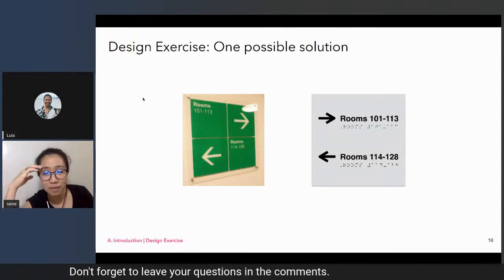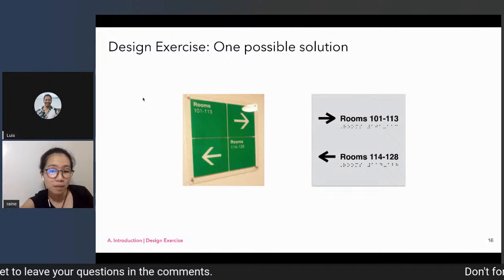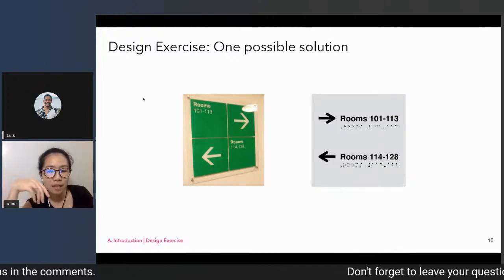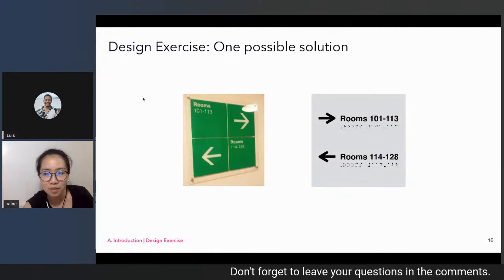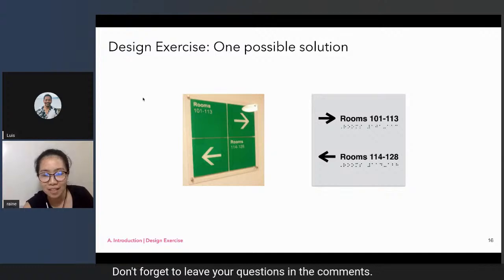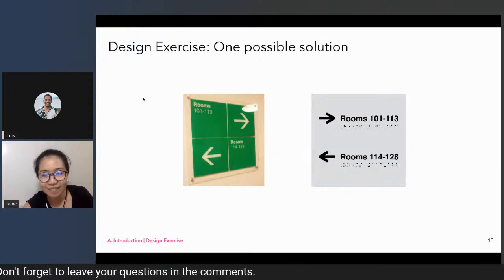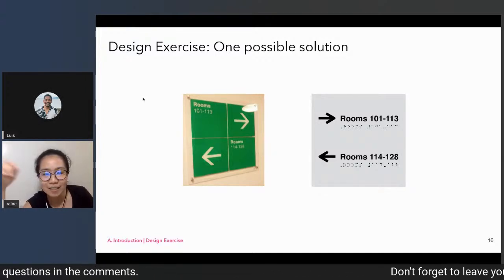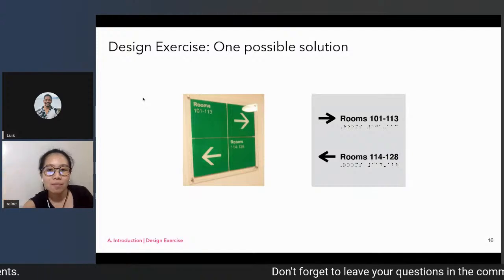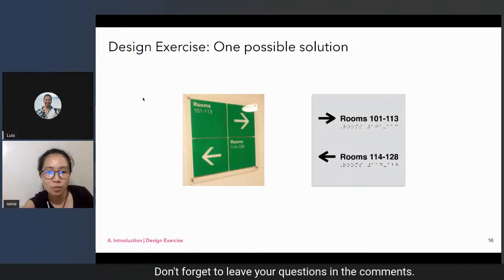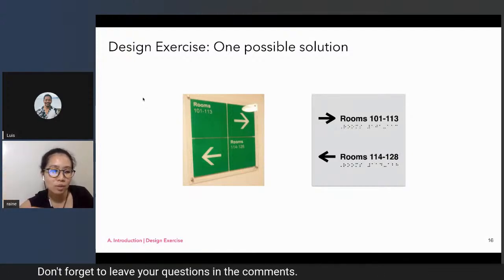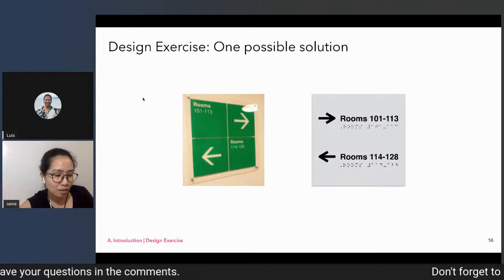That should also be embossed so that people can touch it. Otherwise, it will be useless if they can't read it, 'di ba? So, combining lang yung arrow with the room and with the direction so that people will not get lost.